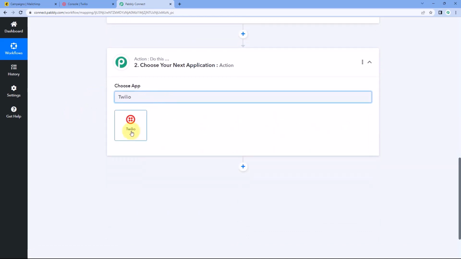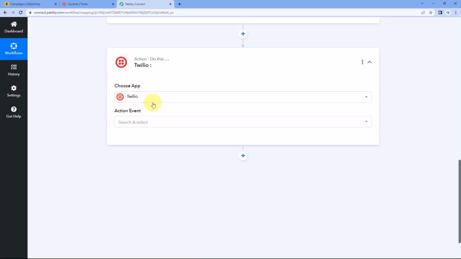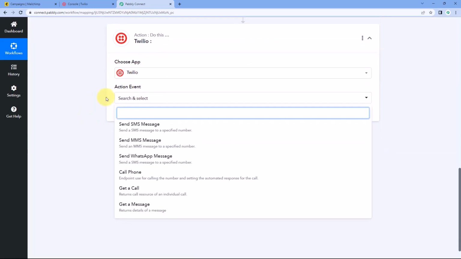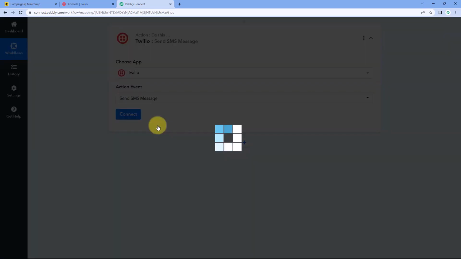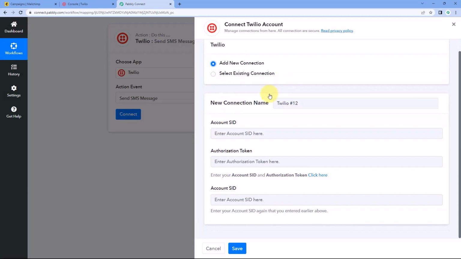we will search for Twilio. Just select Twilio over here. After selecting Twilio, from this action event drop-down, select the action event as Send SMS Message. Click on Connect and select Add New Connection. Now here, guys, we have to connect our Twilio account with Pabbly Connect. And to make this connection, we have to enter the account SID, authorization token,